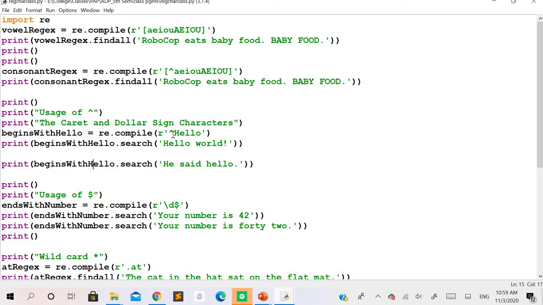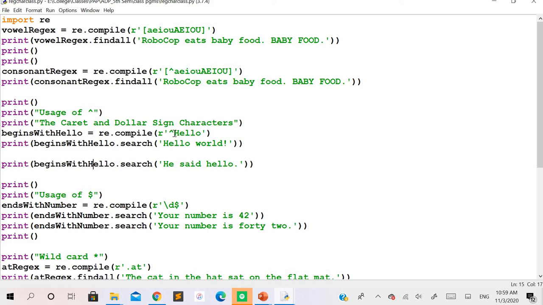That means it needs to be included before the pattern itself. In this example, you can see print begins with hello dot search, hello world. What we are trying to do here is pass this as an input string in which we want to match this pattern, but the pattern needs to appear only at the beginning of the input string. So we have taken both the cases here.